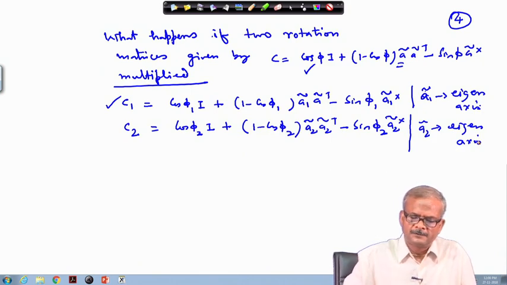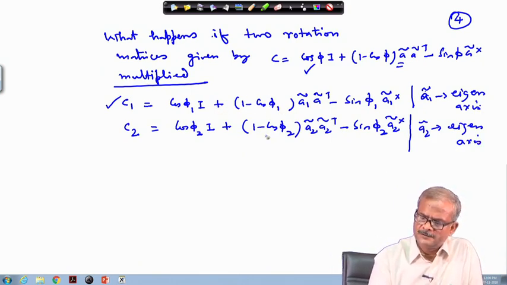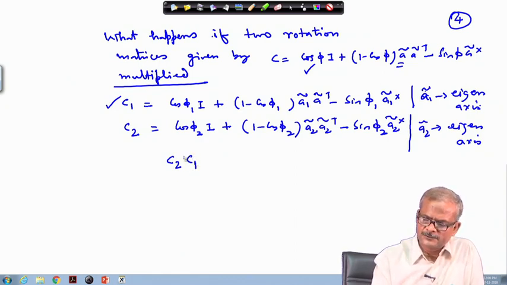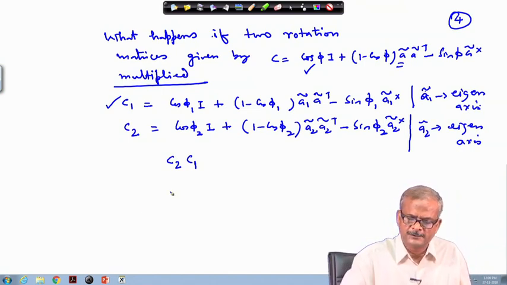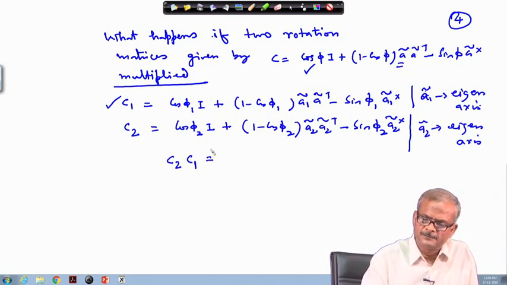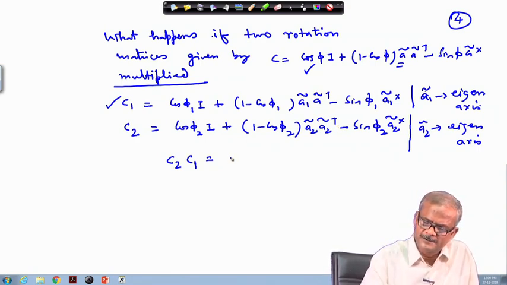So, obviously, this one is composed of 3 rotations in general. This also is composed of 3 rotations. So, if we operate like this, in total it is a composite rotation, equivalent to a single rotation. So, if we multiply them, it should turn out that this is equivalent to a single rotation, which can be written in the format